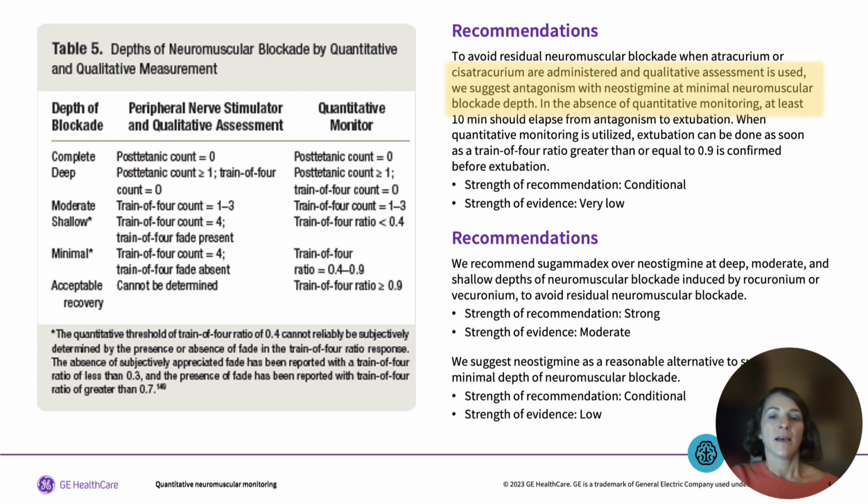Because in all the studies that were done, the only time that you could achieve full recovery in all patients after the administration of neostigmine to either of those drug classes was when the train of 4 ratio exceeded 40%, fade was no longer detectable, and you waited 10 minutes. So if you're not quantitatively monitoring, the only way that you can guarantee full recovery in your patients is by waiting for train of 4 fade to disappear and then waiting 10 minutes after the administration of